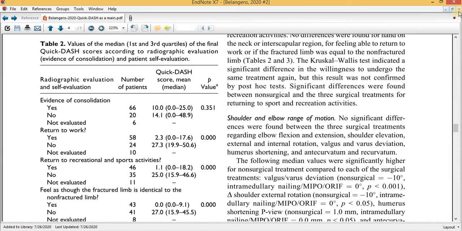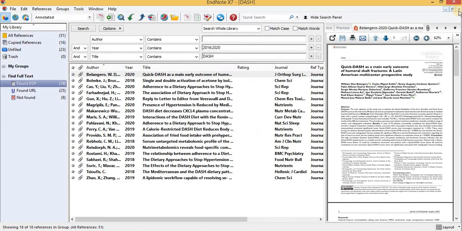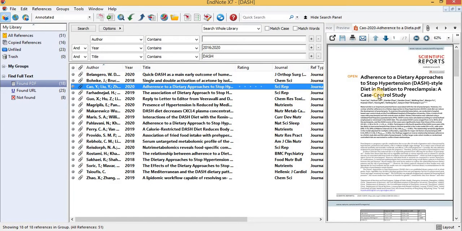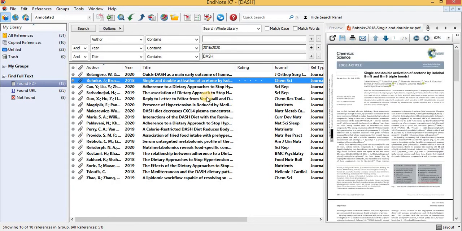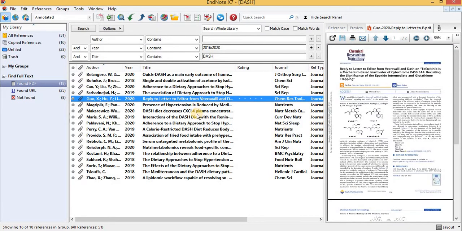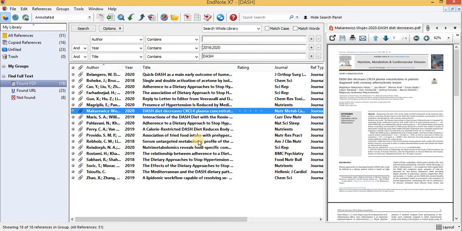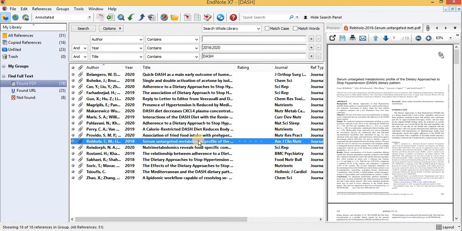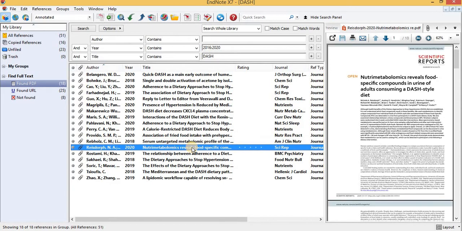And from this small cross we can close it. If I would like to study this one, I can see it here. These all contain the PDF, shown by this paperclip, and it is the easiest method for searching and getting the full text and the PDF from EndNote.